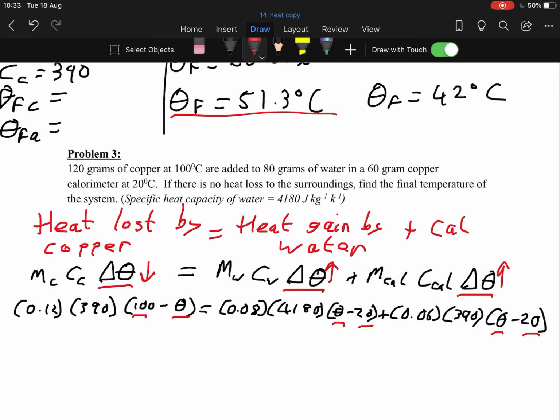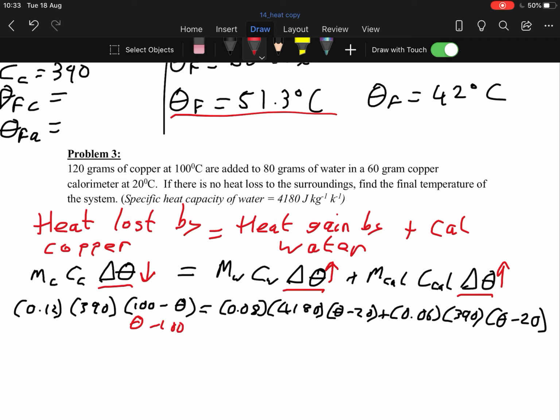In other words, if you have final minus initial on the left-hand side, make the right-hand side initial minus final. If you have initial minus final on the left-hand side, make the other side final minus initial. Whatever you do on the left-hand side for the temperature, do the opposite on the right, and it should still work out, okay? So if you got it wrong, let's say you had here